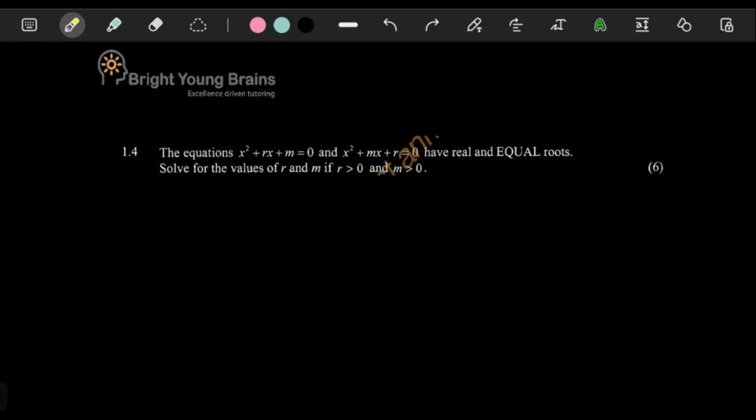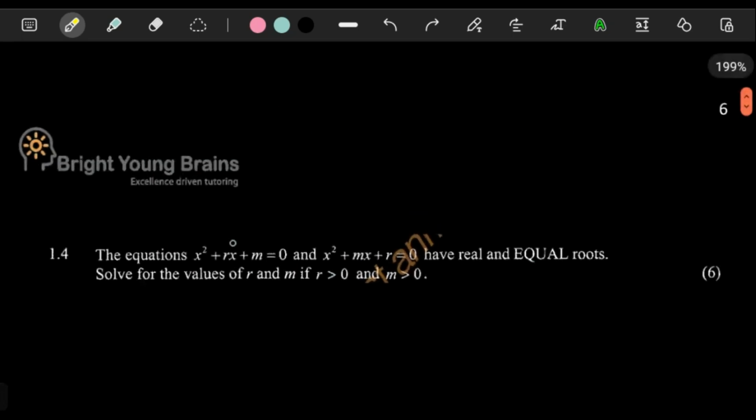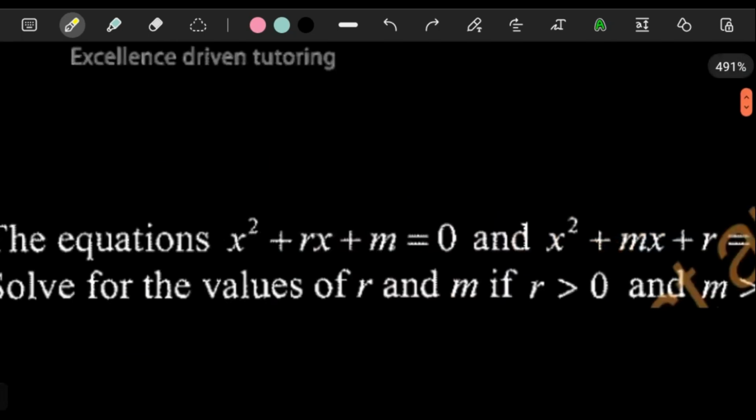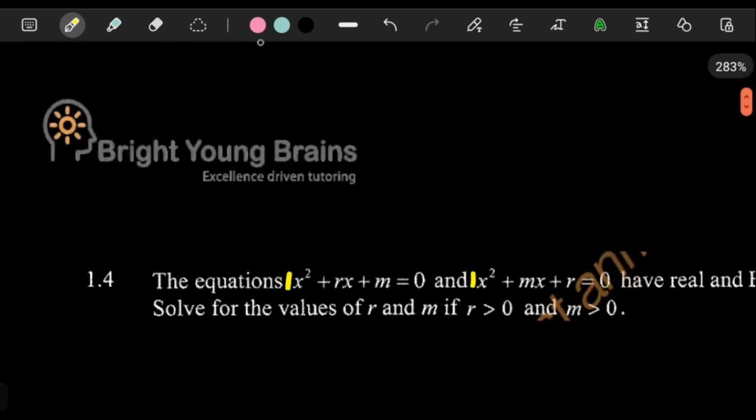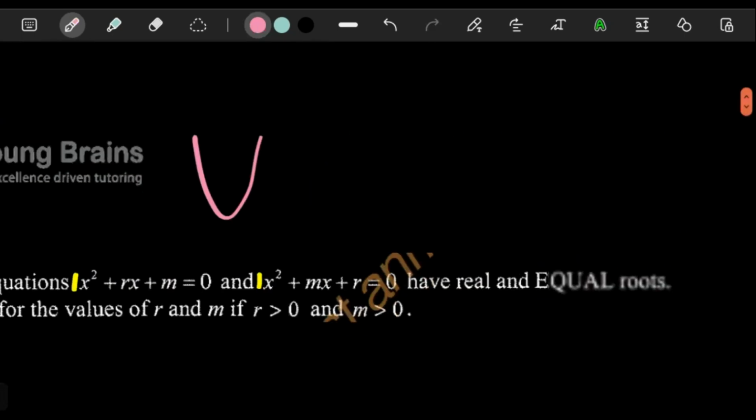So I suggest in exams, you only look at these questions when you're done with everything. It says here the equations, this and this, they're both quadratic. They have real and equal roots. So if it's a quadratic equation, clearly we can see this has an a value of 1 and the a value of the other is also 1. Fortunately, because they are both parabolas that are smiling,